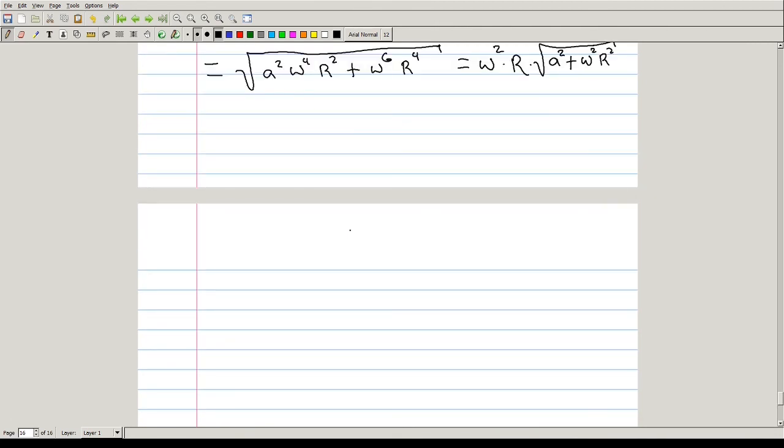And so, lo and behold, after a relatively long computation, we've stumbled upon the fact that the curvature is equal to the magnitude of the cross product of the velocity and acceleration, divided by the magnitude of the velocity cubed, which now we know for the helix is omega squared r times a squared plus omega r squared to the 1/2